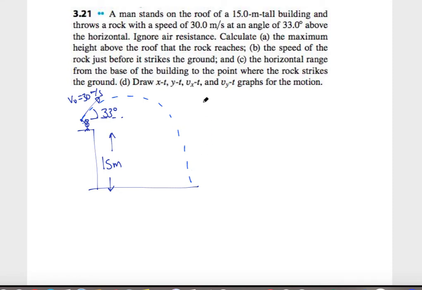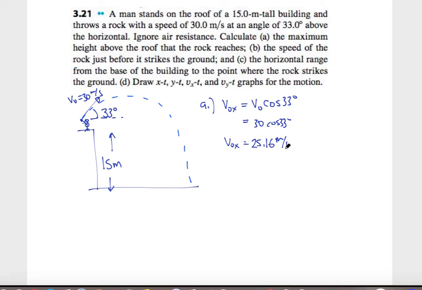And we want to find the maximum height that it reaches. So like any other two-dimensional problem, I'm going to start by finding my components of initial velocity. So V naught x would be V naught times the cosine of 33 degrees, which would just be 30 times the cosine of 33 degrees. So V naught in the x direction is going to be 25.16